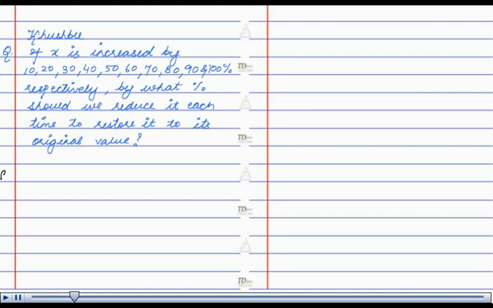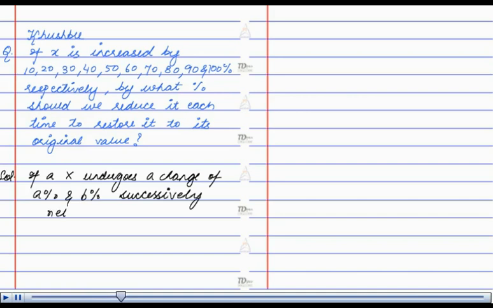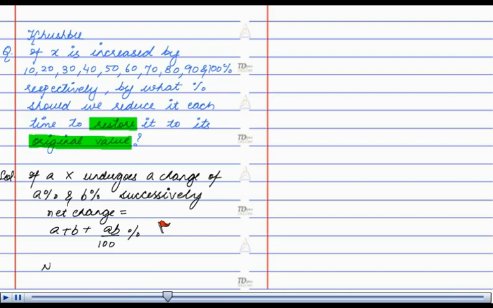We know that if a variable x undergoes a change of a% and b% successively, then net change is given as a plus b plus ab by 100%. In the question, it has been given that the original value is restored, that is, net change